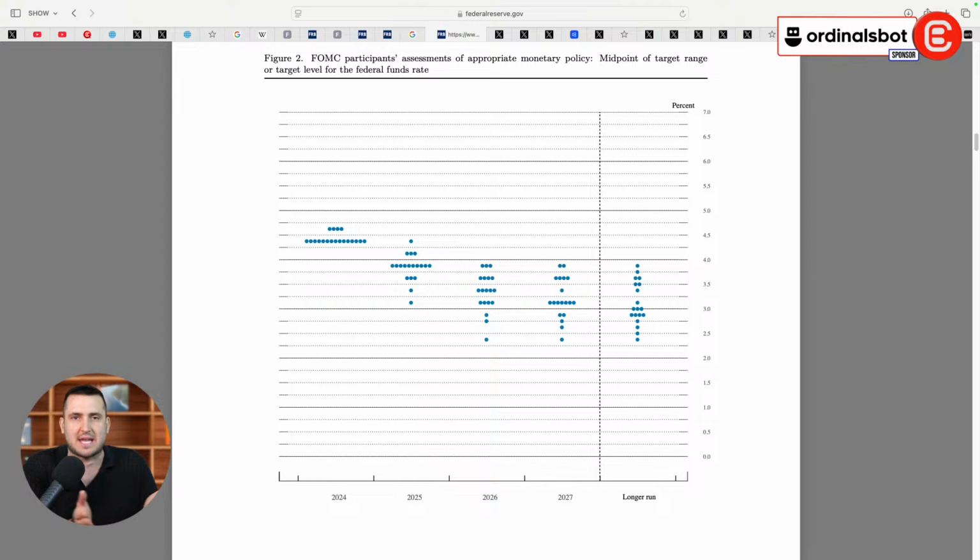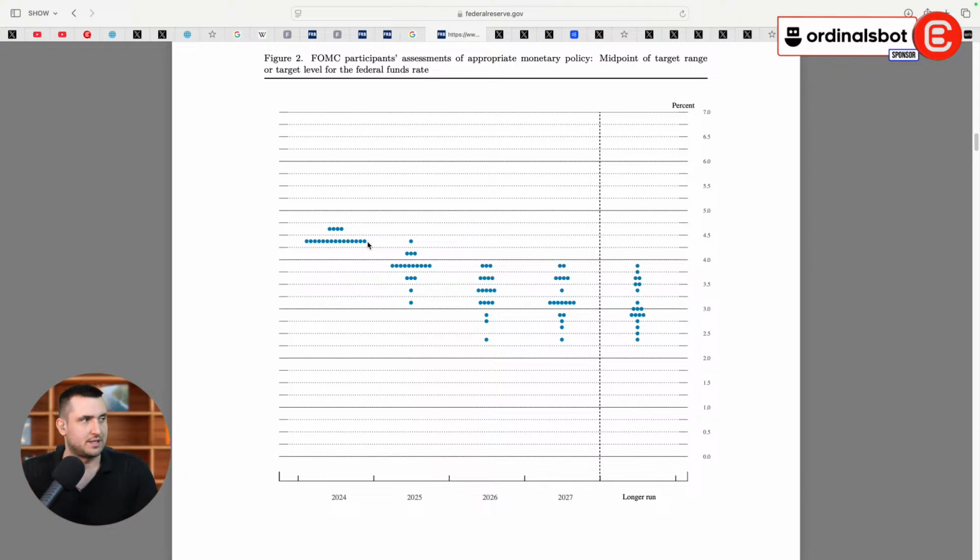So they have to understand how these 19 people think about the economy and what they see based on the data that they have. Because obviously they vote on this, they debate this, and they vote on what should be the interest rate. And if more Fed members believe interest rates should be lower, the probability of the rate cuts increases the same way. So if the members who vote for it think that it should be lower, it will be lower. It's proven.